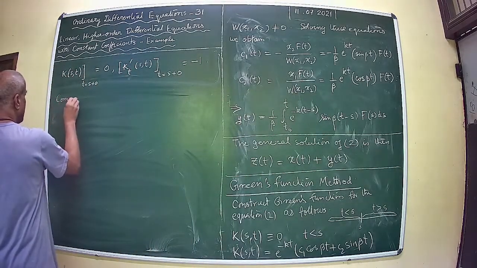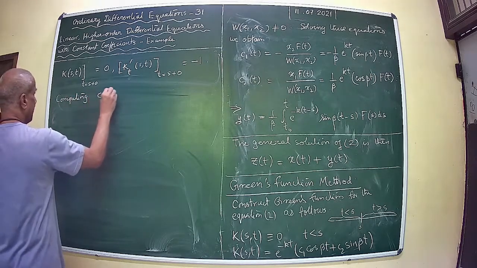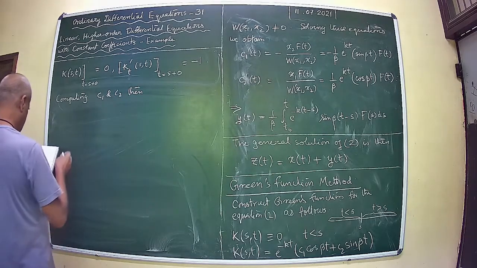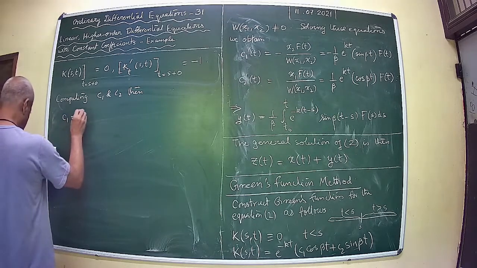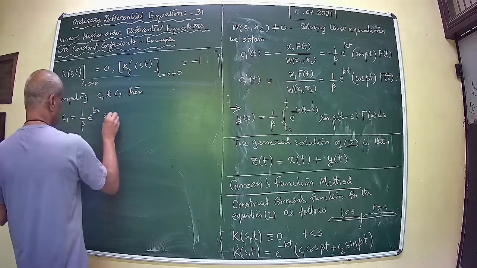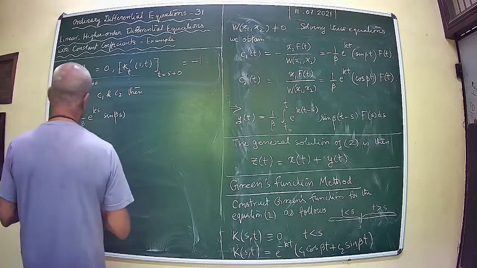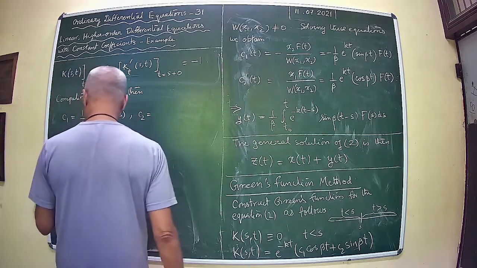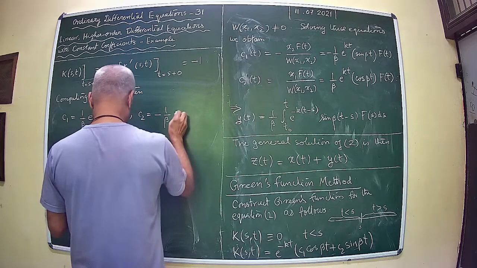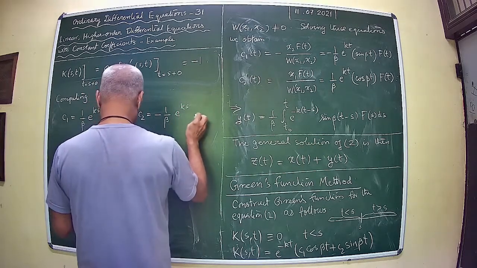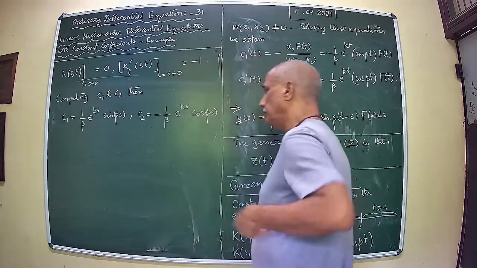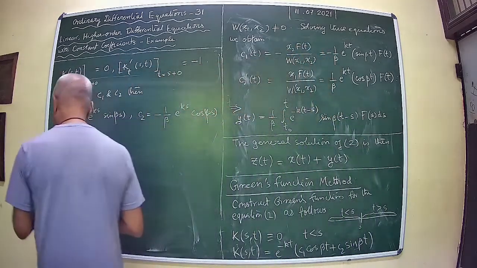Now computing C1 and C2, with x(t) equal to, C1 equal to 1 by beta k(s), and C2 equal to minus 1 by beta e to the power ks cos beta s. Substituting, we get